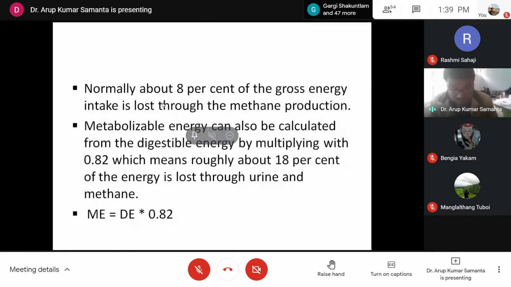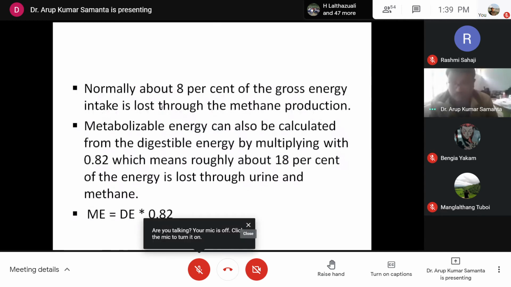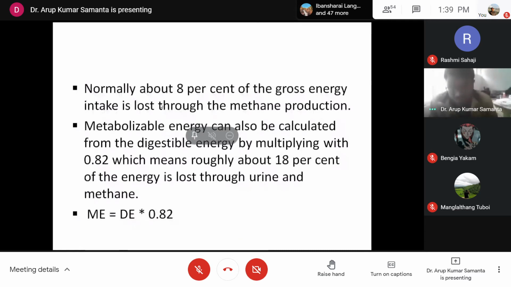Definitely there are several means and ways by which you can reduce the methane production, but one thing you should remember is that methane production cannot be stopped wholly or fully, but you can reduce it, because there are some nutritional means. There are some chemicals available, some food ingredients available which can reduce the methane production. If you can reduce the methane production, in two ways you are going to get benefit.